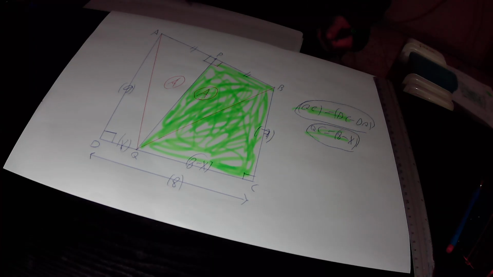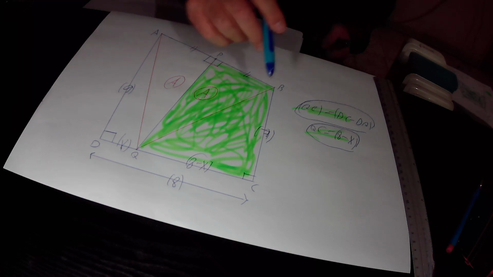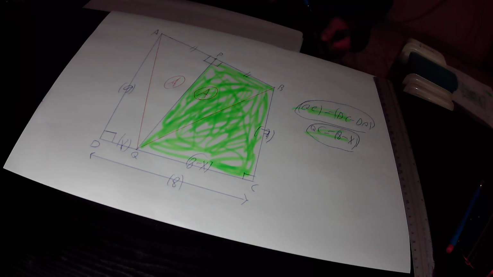That is to say, it is the area of this first component plus the area of this second component plus the area of this third component plus the area of this fourth component. Okay, so in total, according to the second method of calculation, we found that the area of this trapezoid ABCD is equal to